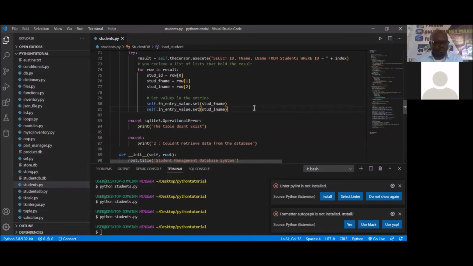So what's the time now? 11:38. So by sharp 12, we'll round up and see what this code